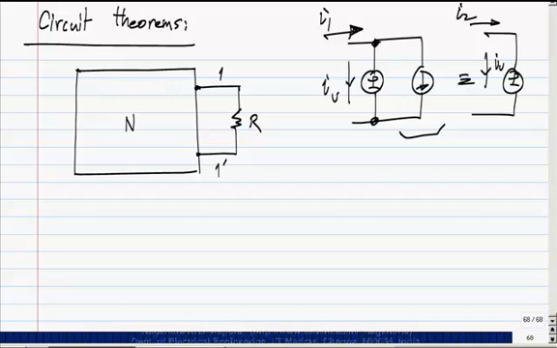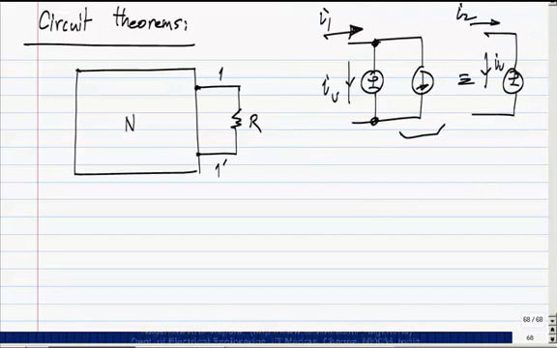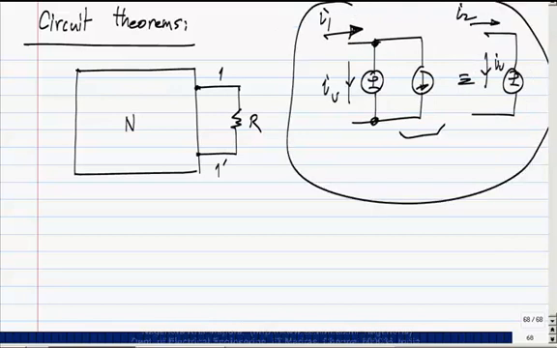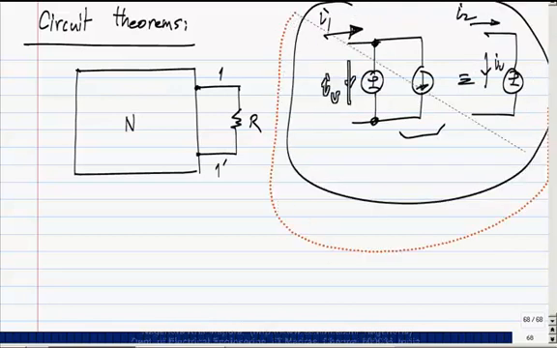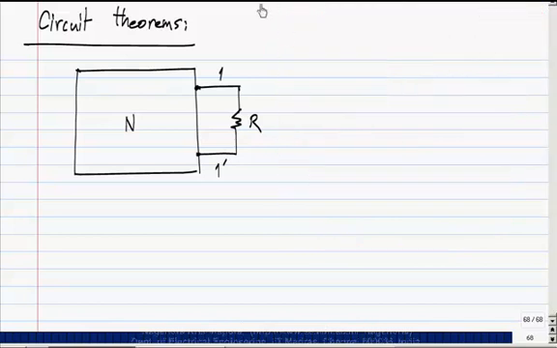A single voltage source can, I think, replace the resistor. Okay. What should be the value of that voltage source? What is the value of this voltage difference across 1 and 1 prime? So, you measure the voltage difference across 1 and 1 prime. What he is saying is the voltage source of that value can replace the resistor and the circuit solution will remain exactly the same.